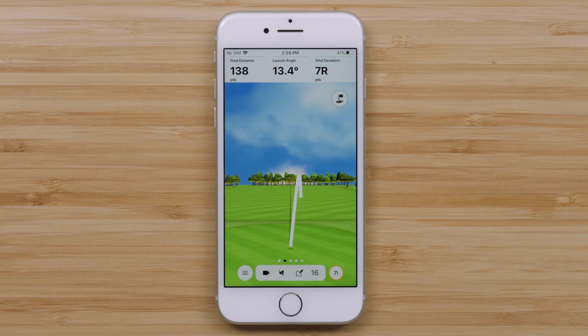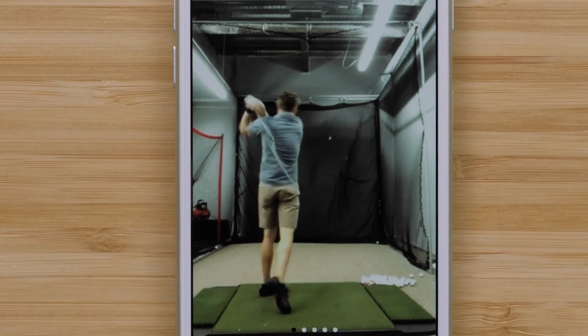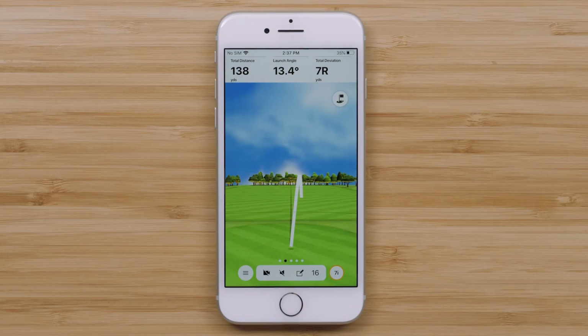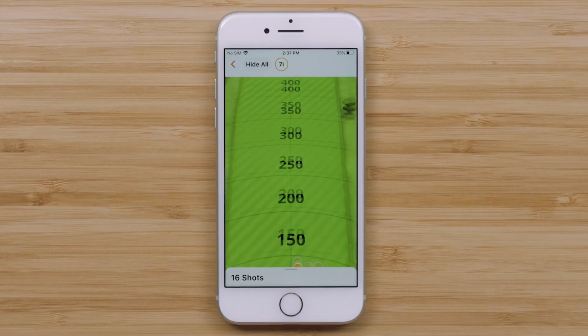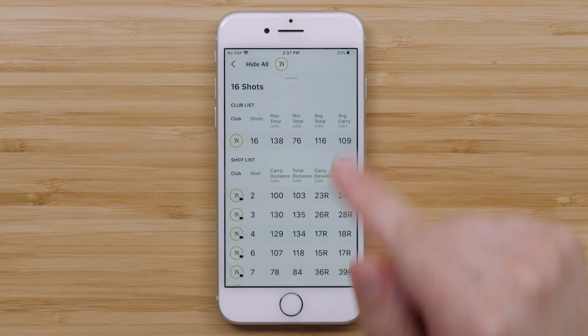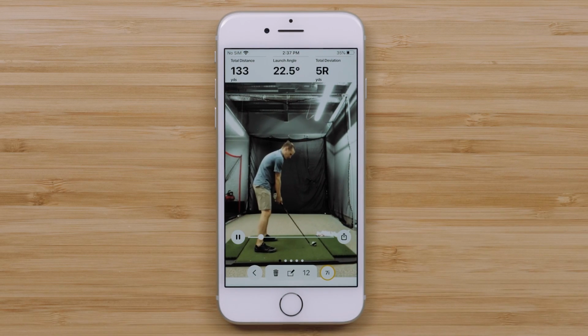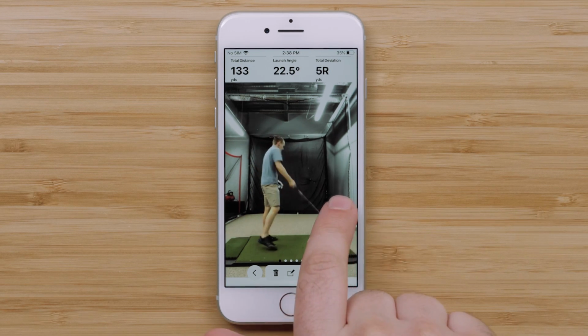The Garmin Golf app will use the front-facing camera if you have enabled video swing capture recording. You can quickly review the previous swing after each shot by swiping to the right. Selecting the shot number indicator will allow you to review previous swings. Swiping up on the Shots tab will allow you to select and review previous shots with swing capture. You can also review all of your shot metric data for the last shot by swiping to the left.